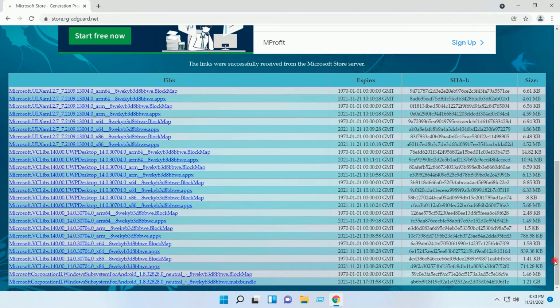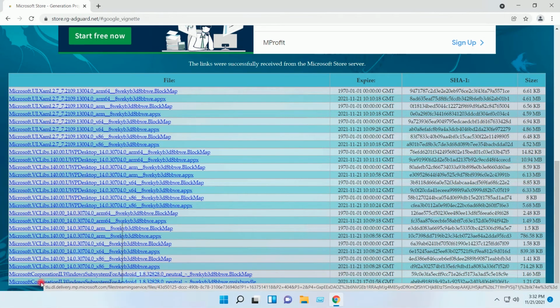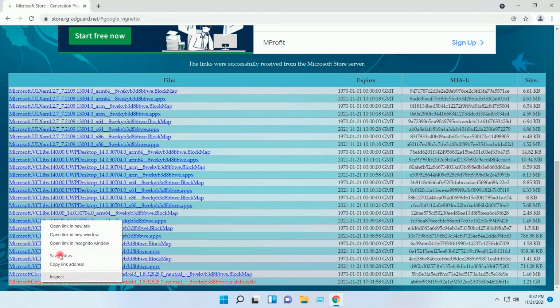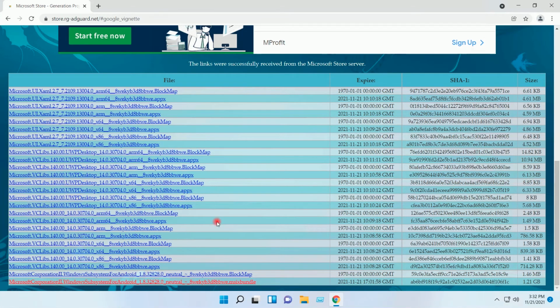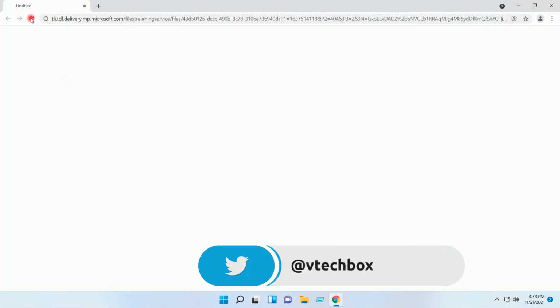On this page we have to download this last file. I will right click on the link, open link in new window. I will refresh once, which will start the download of the file.